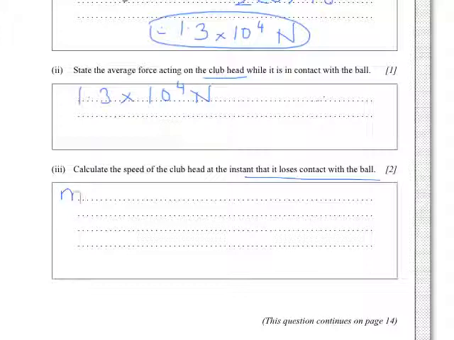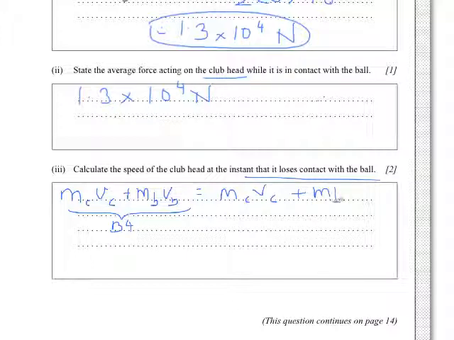So you have your momentum before, which is the mass of the club head times the velocity of the club head before, plus the mass of the ball times the velocity of the ball before. Those must be equal. This is before, and then after, the mass of the club head plus the mass of the ball, the velocity of the ball after. Okay, so you just substitute your values in there, remembering that